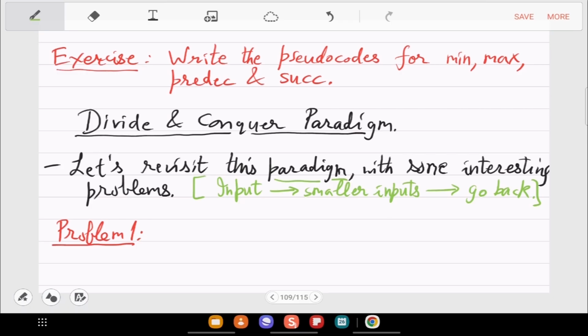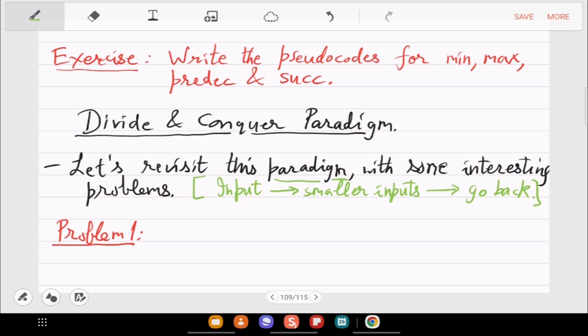So there you divide your array by mid. You look at elements that are smaller than mid and bigger than mid. Or you can just look at the n by 2th entry in the array, sort the array before that, sort the array after that, and then you merge.